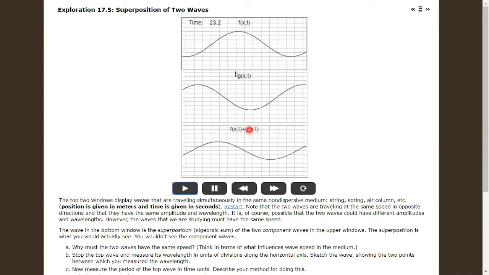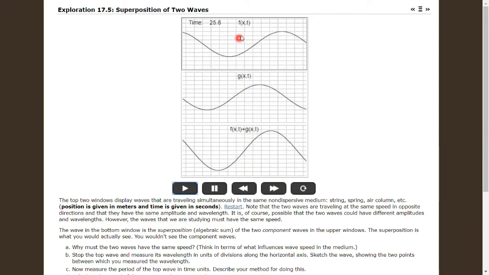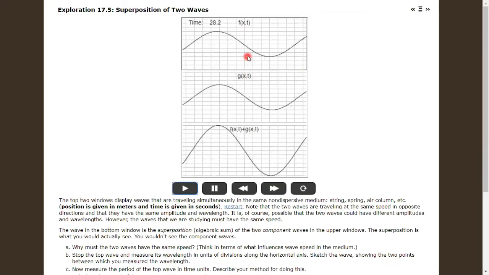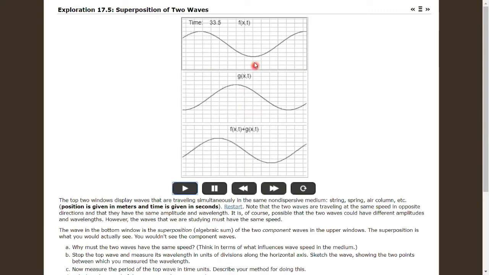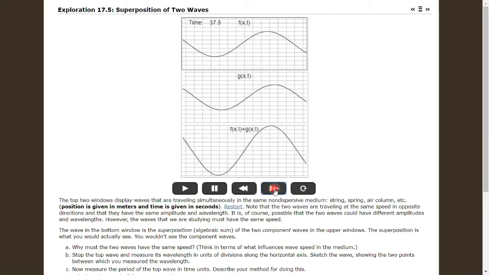So what is happening here? These are the two waves, that is f(x,t) and g(x,t) are your two waves. These two waves are having same amplitude and same frequency, but they are traveling in opposite direction. So when they will superimpose with each other, now look at this point. At this point, we will say the crest of one wave and the crest of another wave is getting superimposed with each other. And we can also say that the trough of first wave and the trough of second wave is getting superimposed with each other.